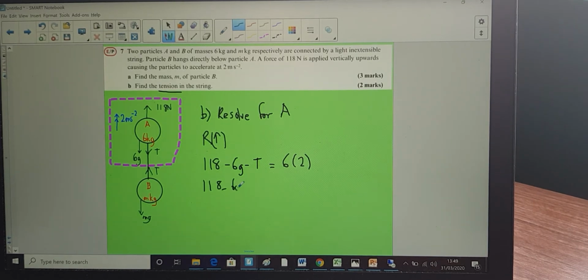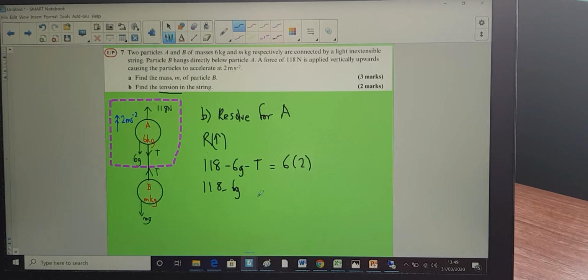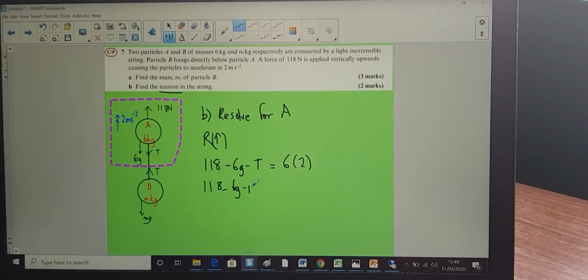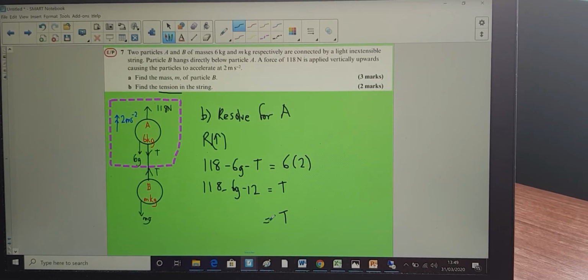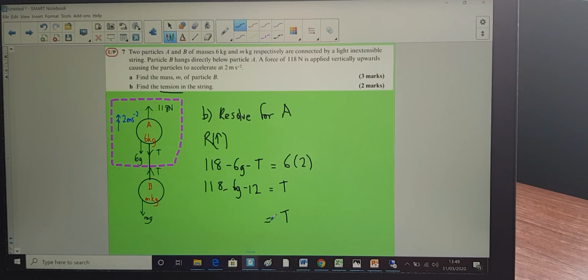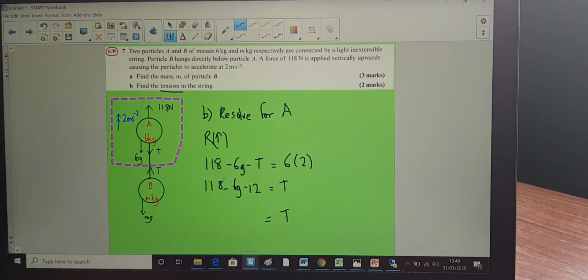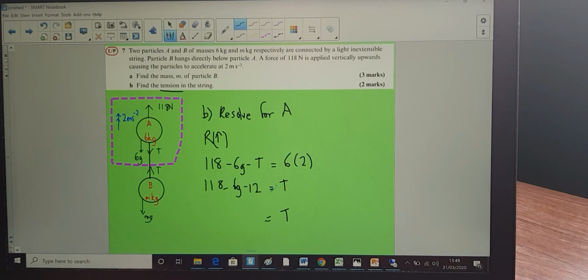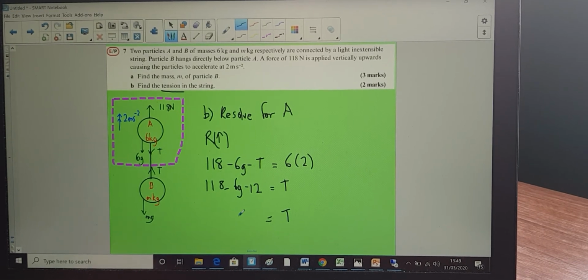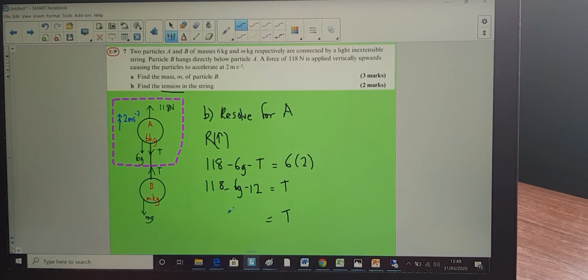Okay, so 118 minus 6g. And then that would basically be 12. So if I put 12 over here, is equal to the tension. And then the tension works out to be, I've forgotten what the tension actually is. Was it 40 something, I think. I haven't got my calculator to hand, but if you put that into your calculator, it should give you what the tension is, which was